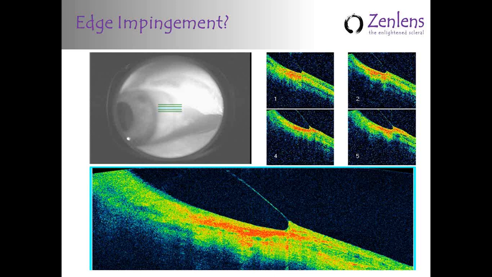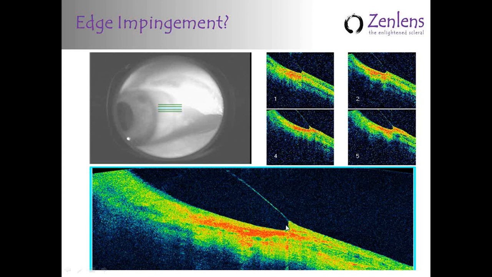Okay, good. Well, this next slide here is one that I think does show perhaps an edge that's a little bit steeper relationship to the scleral plane. You can see as it sinks in, the edge of the conjunctiva is much closer. It's well above the apex of the edge of the lens here. So it's almost even with the front surface of the lens. You can even see that tissue begin to creep over the front edge of the lens just a little bit. It may be even a little bit more so in some of these other adjacent